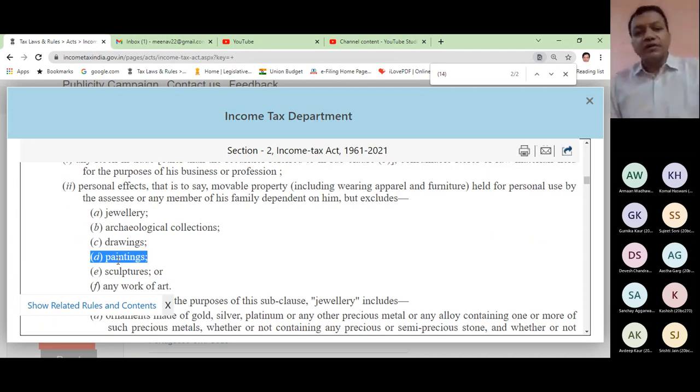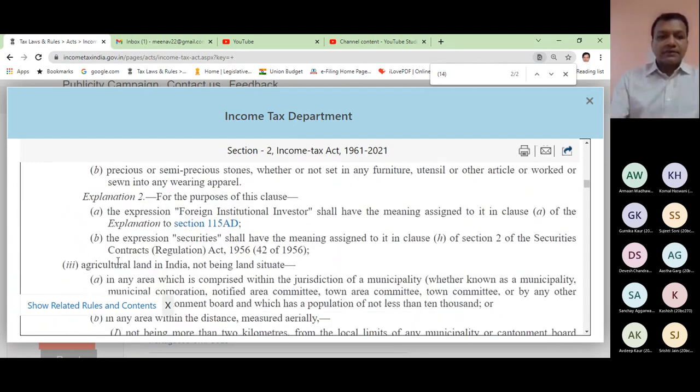So what is not a capital asset? All personal belongings which are movable except jewelry, painting, drawing are not capital assets. Any item which is your stock in trade which you are using for business and profession is not a capital asset. Third thing,